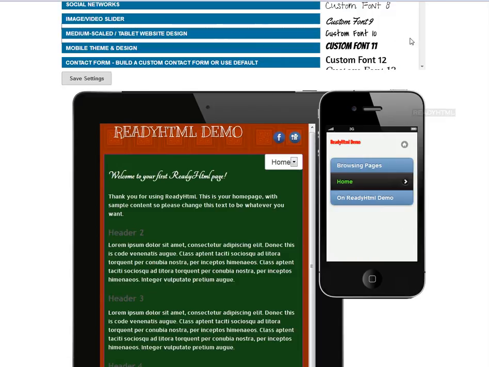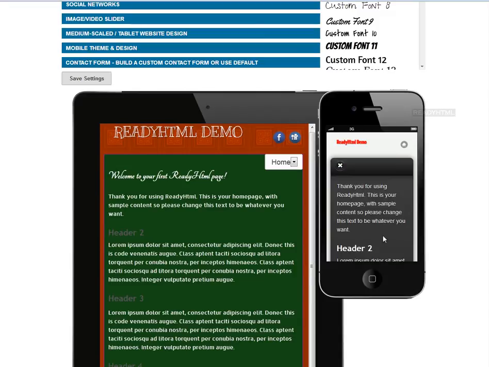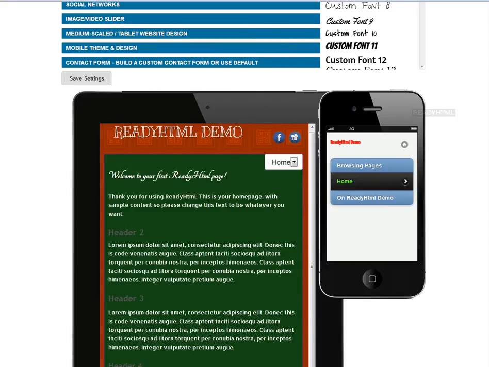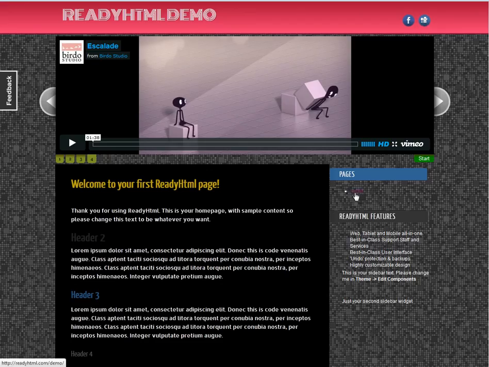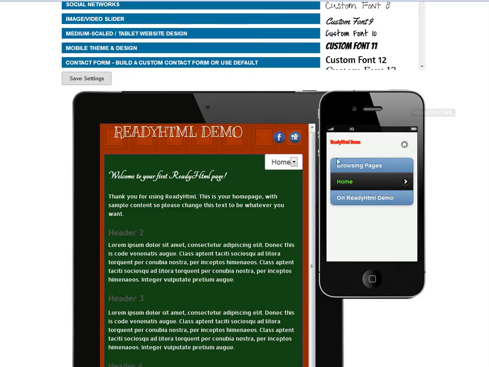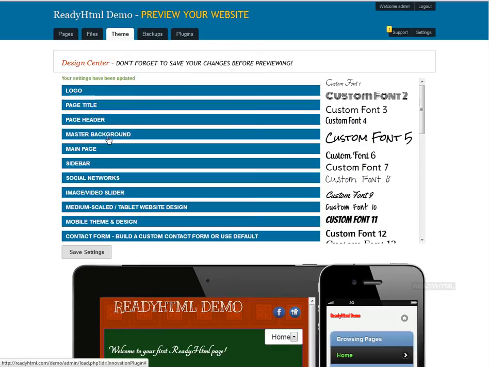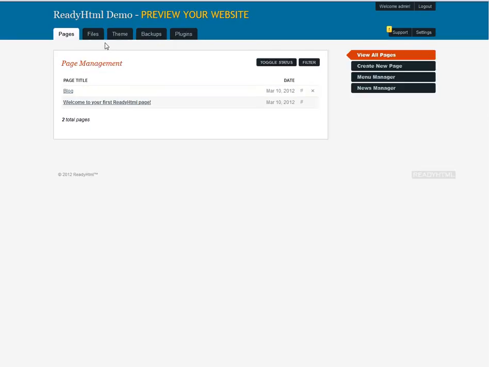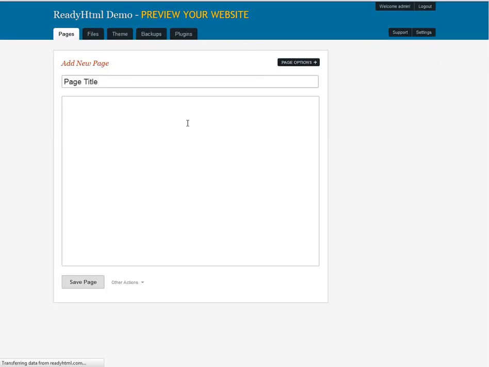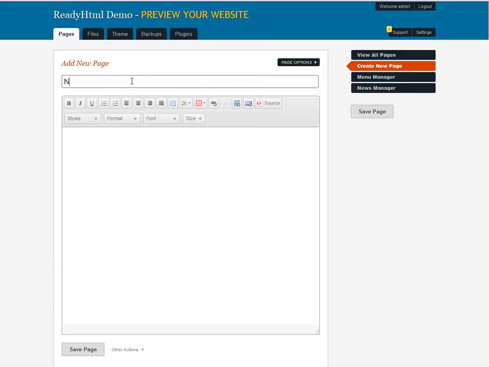So as you can tell on our website, we currently only have one page. We cannot actually scroll within the device itself, but that's the page, home right there, and that's the only page we have, home. So just to show you how responsive this is, if I came to pages and I created a new page and I call this